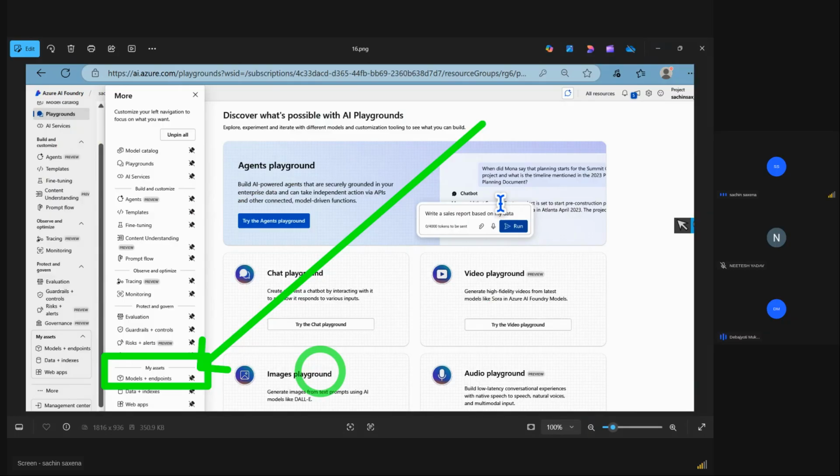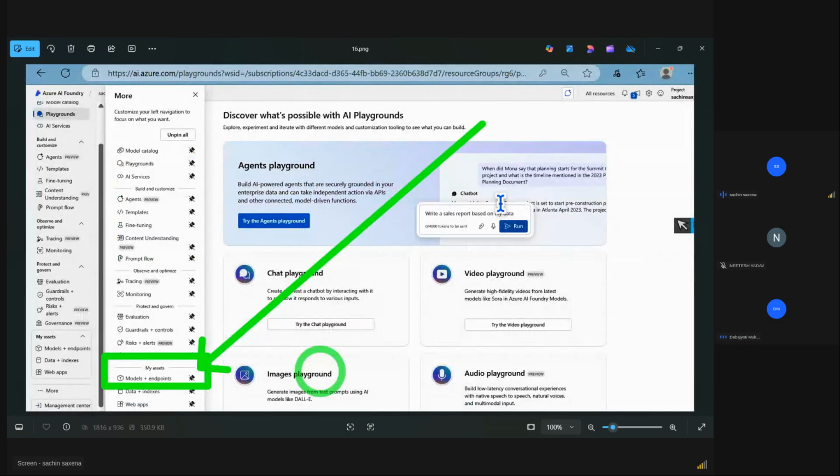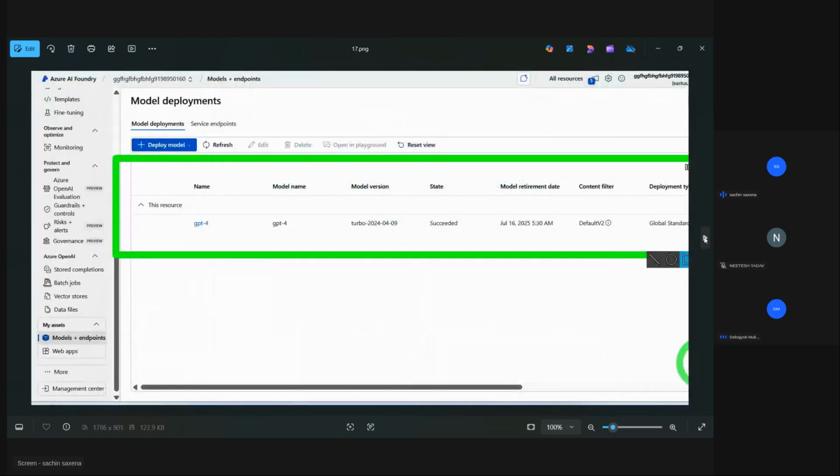And can you limit the token amount, the token number or something? Yes, you can. Come back here in the model, where we have the setting option. I just created this GPT-4. Inside this GPT-4,